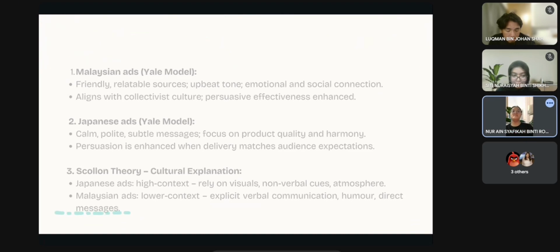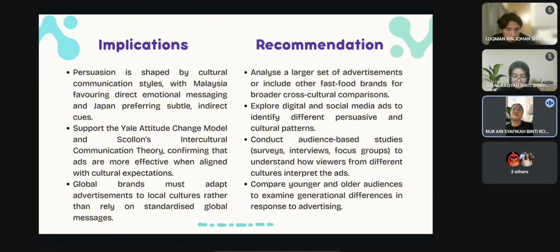Next. Okay, so for implications, these findings suggest that persuasion is deeply shaped by cultural communication styles. So in Malaysia, direct and emotional messaging resonates more, while in Japan, subtle and indirect cues are preferred. So this supports both the Yale attitude change model and Scotland's intercultural communication theory, showing that advertising is most effective when it aligns with cultural expectations. So for global brands, this highlights the importance of localizing advertisements rather than relying solely on